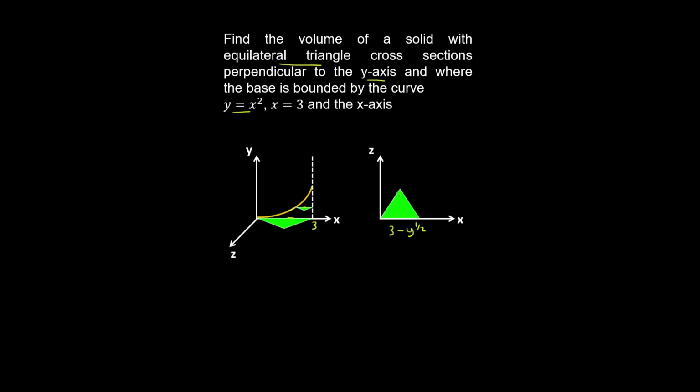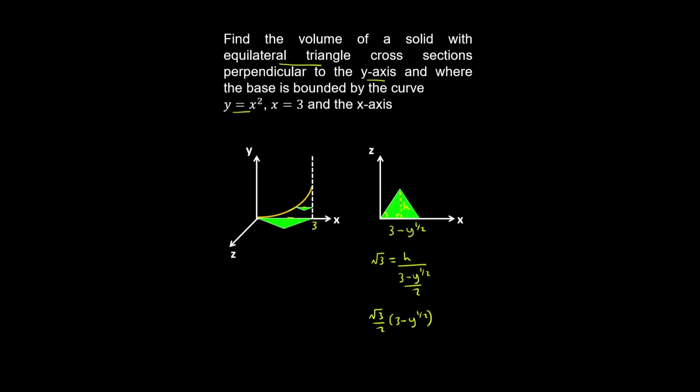And for the equilateral triangle, every edge has the same length, and every angle is 60 degrees. So tan 60 degrees is root 3, and that's equal to the opposite edge, which is h, on the adjacent, which is (3 minus y)^(1/2) on 2. Because we're looking at this right angle triangle. And therefore the height can be written as root 3 on 2 by (3 minus y)^(1/2),